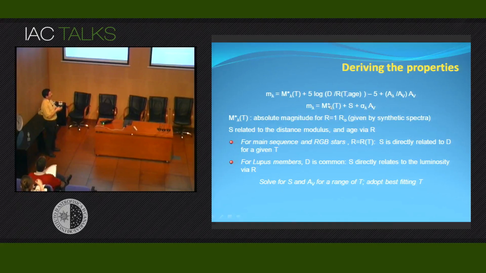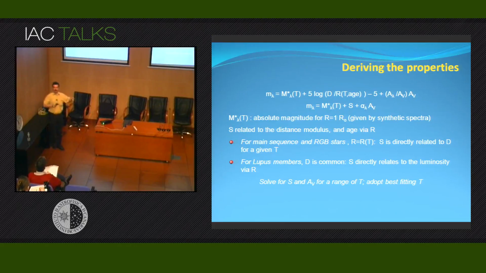This is true for any star for which we fit the spectral energy distribution, regardless of whether it is a field star, a giant, or a member of the star-forming region. The distinction comes at the time of interpreting what this parameter S means. In principle, S